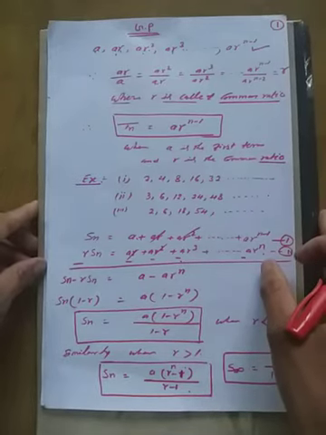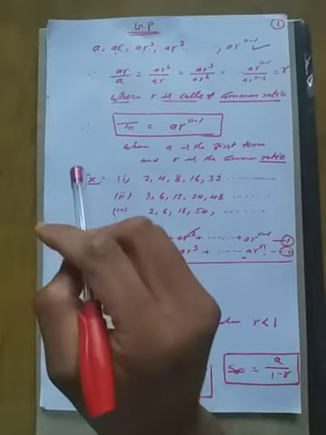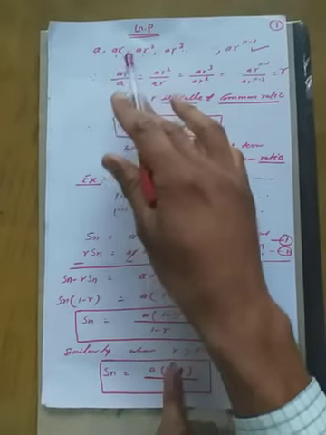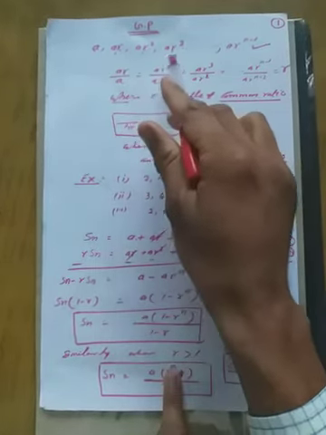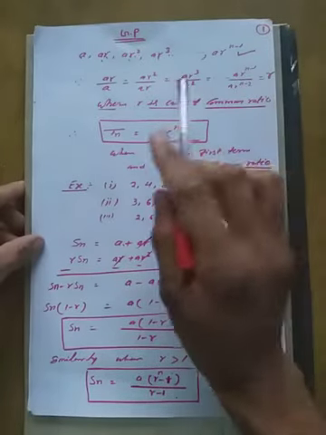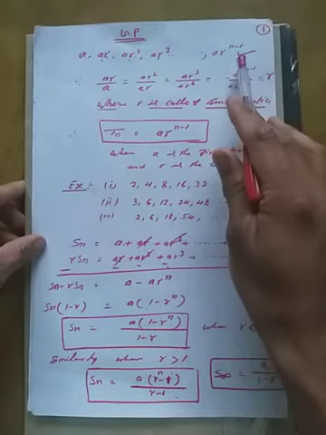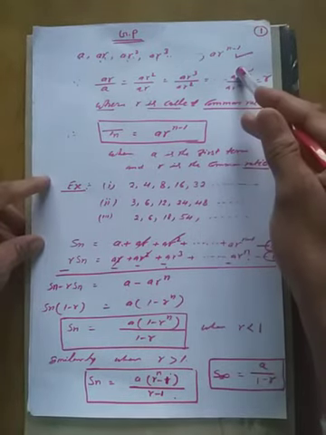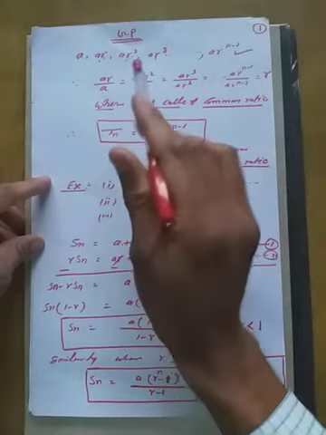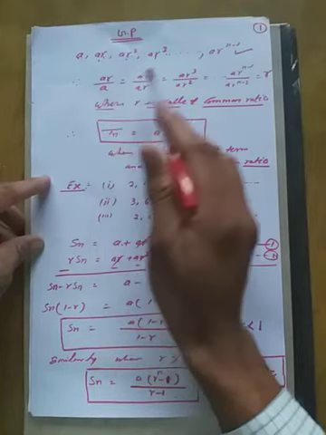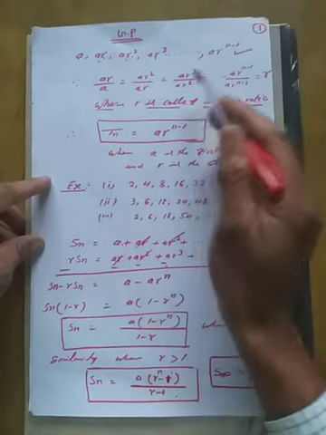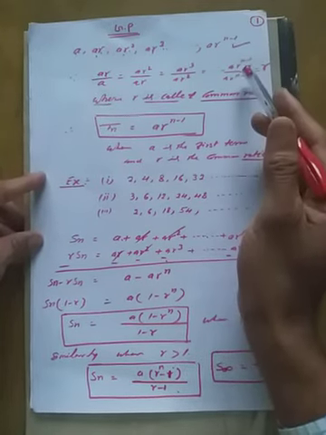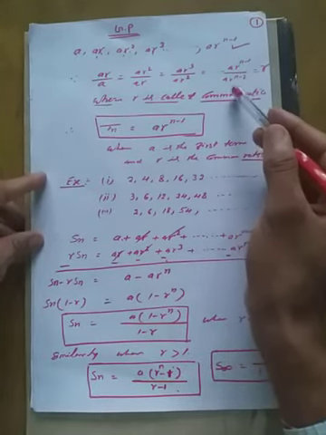Hello student, today we will discuss geometric progression: a, ar, ar square, ar cube, ..., ar to the power n minus 1 are the nth term of a GP, right? As we know that ar upon a equal to ar square upon ar equal to ar cube upon ar square equal to ar to the power n minus 1 upon ar to the power n minus 2,